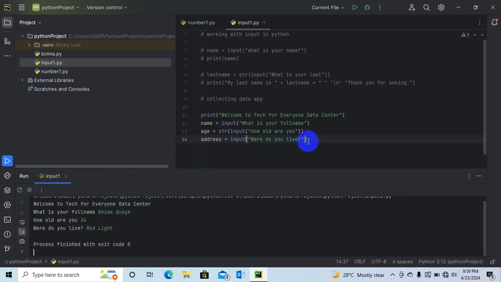So let's take for example, we enter and we use the print function now.